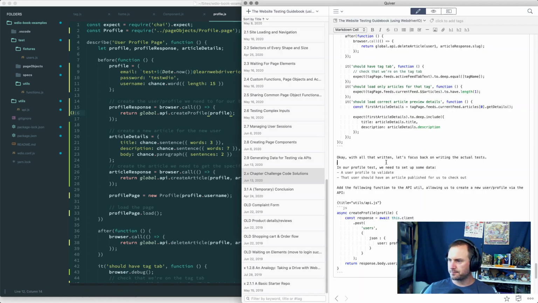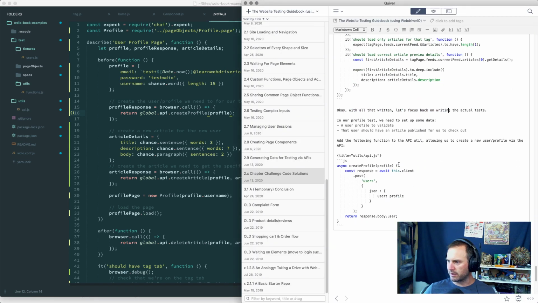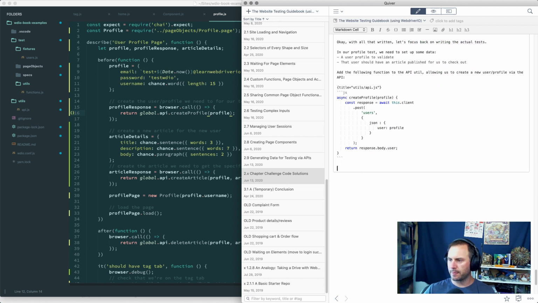I need to finish up. With all that written, let's focus back on writing the actual test. So I showed how to create that user profile. Cool. Okay. Now we'll create a new profile.js test file and call the needed API utils to